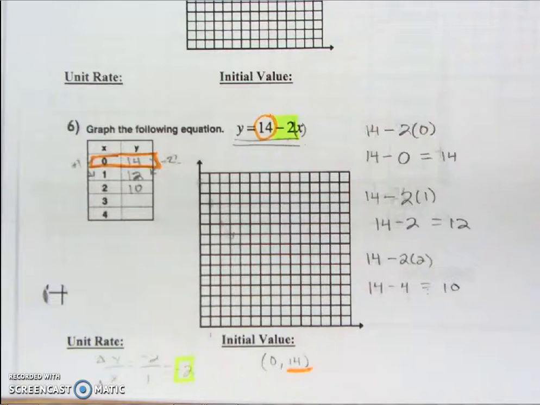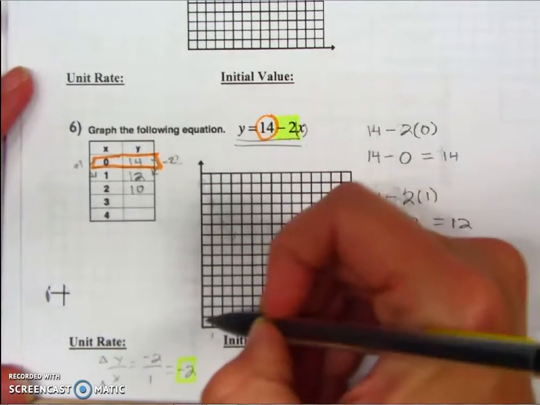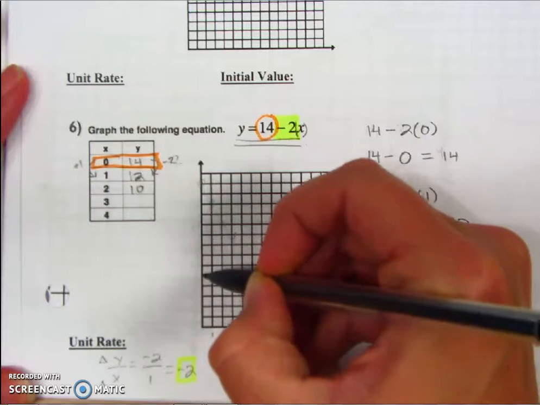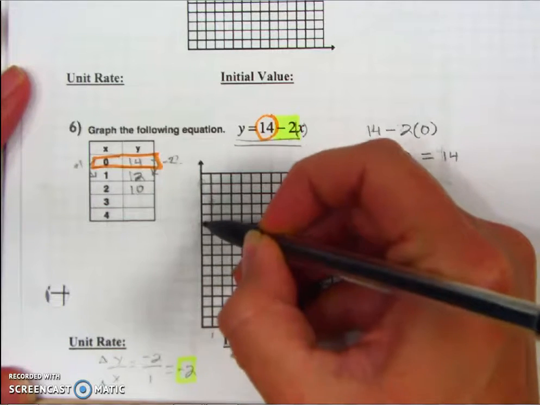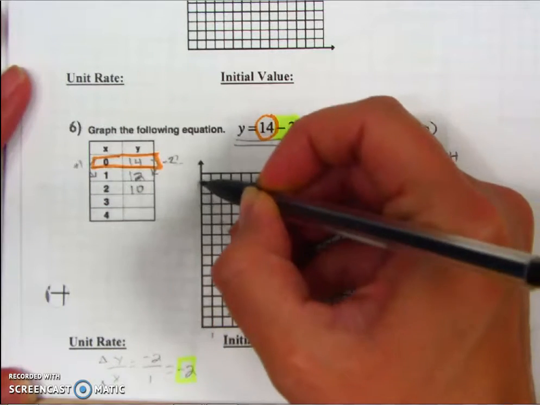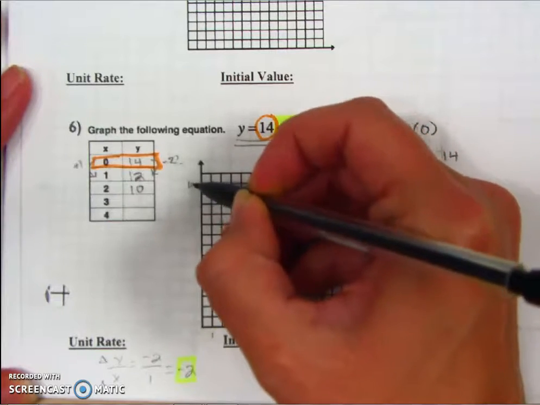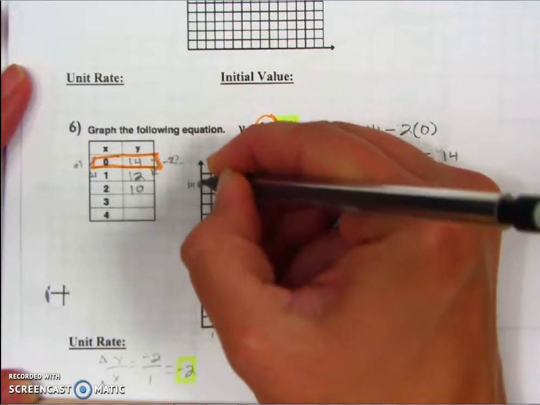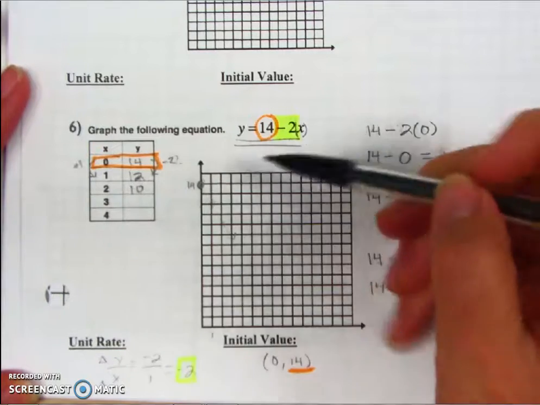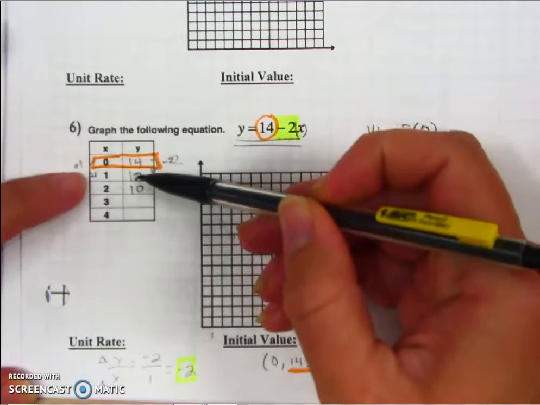It's that other number that makes this not proportional. That's what makes this not start at 0, 0. Okay, so if you count 1, 2, 3, 4, 5, 6, 7, 8, 9, 10, 11, 12, 13, 14 is right there. There's 14. So this one is starting way up here at 14, and then it goes down to